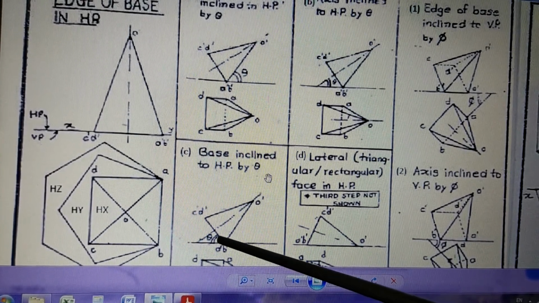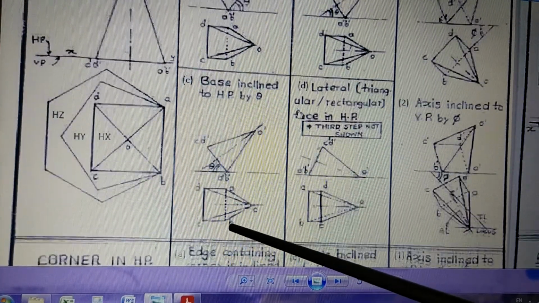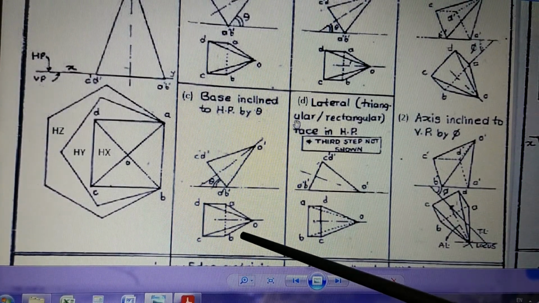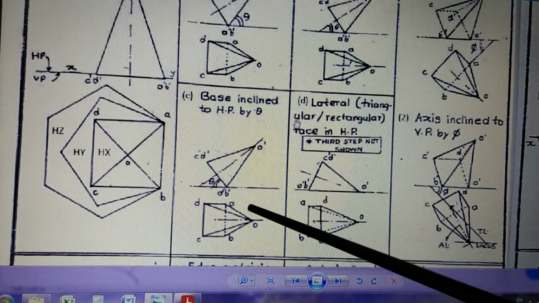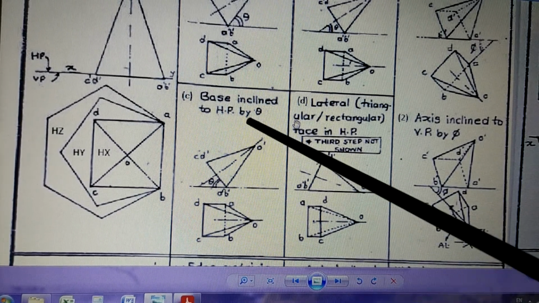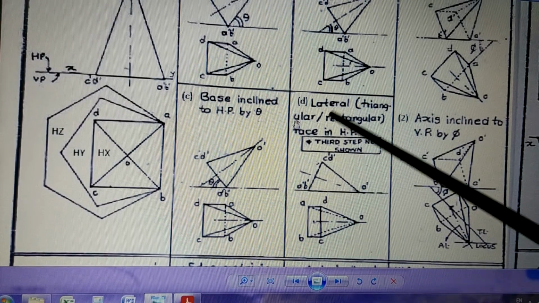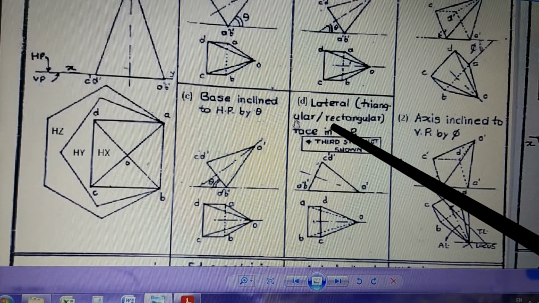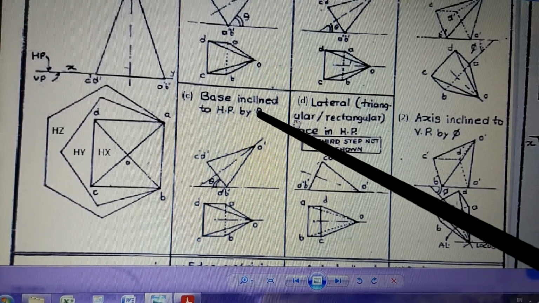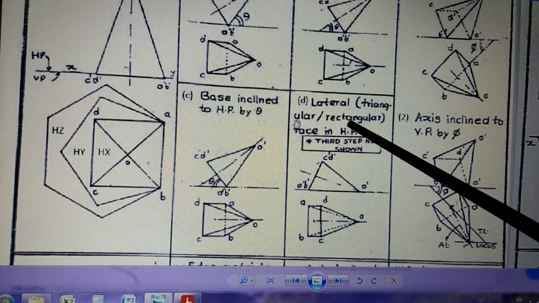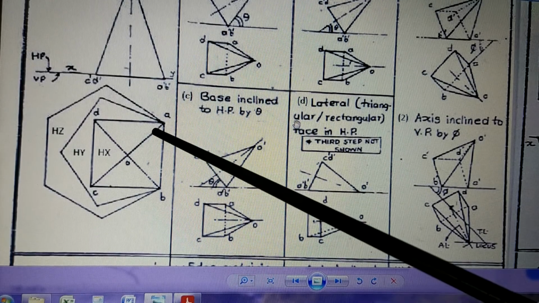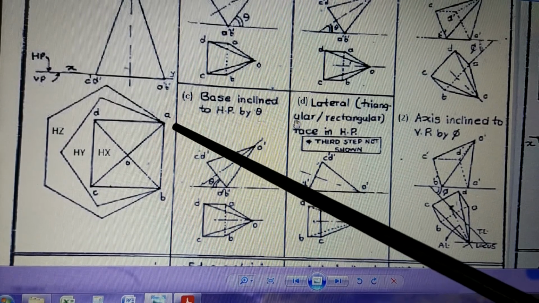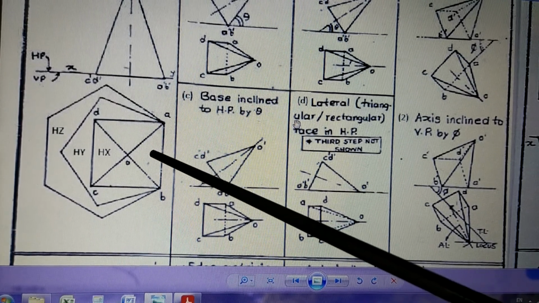Just like last time, the top view is drawn again. So you can see the top view is drawn again by taking the same reference, making use of point names, and there is a top view when the data is like this. Then the fourth type is where the angle of inclination theta is not given, but the description says that the pyramid is resting on its lateral surface.